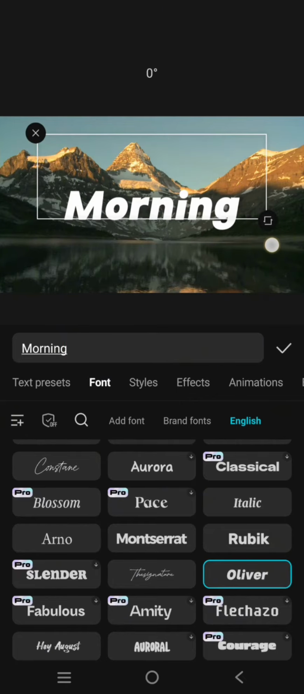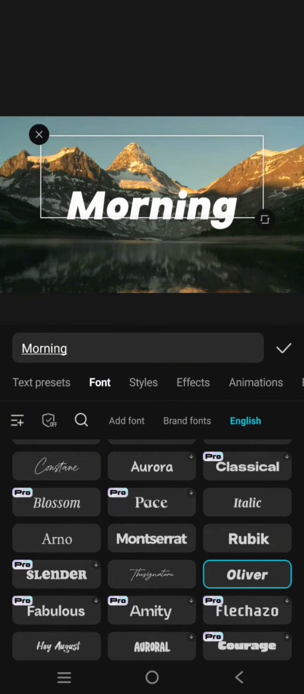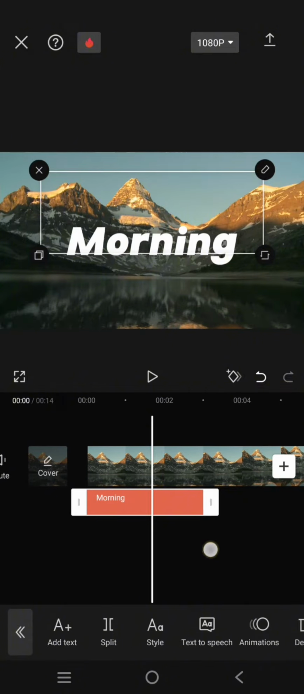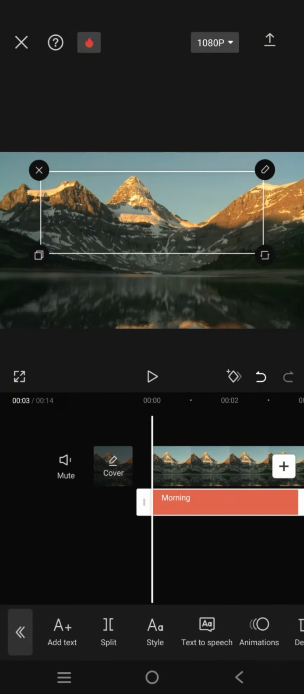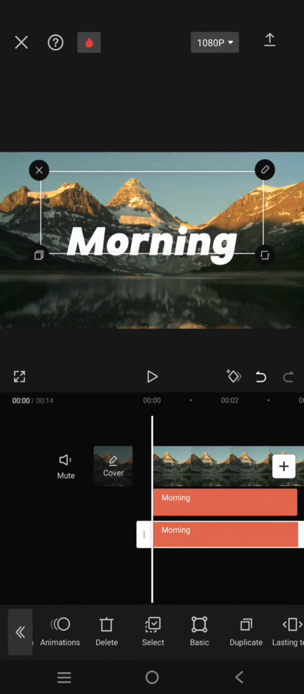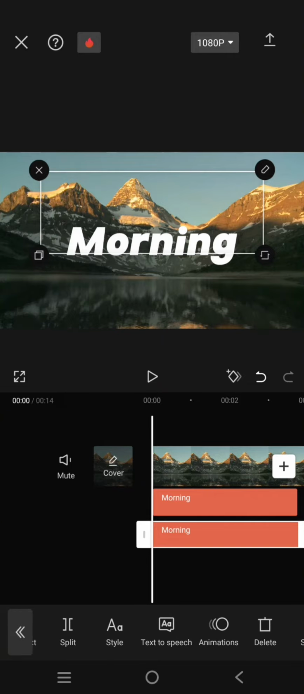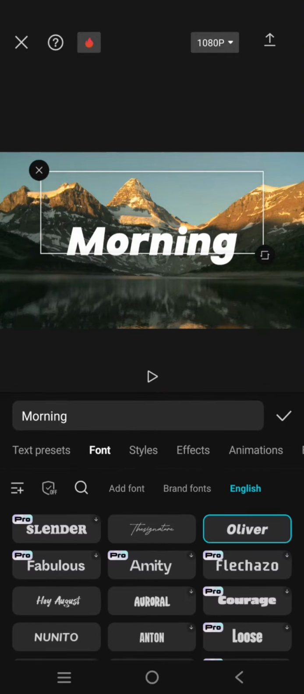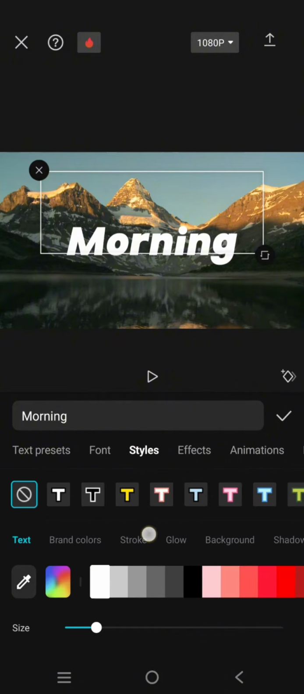Okay, I'm going to use this Oliver. Click on the check icon. You can adjust the durations to your liking, and after that copy the text like this, and then on the second text go to style and adjust the opacity to 0